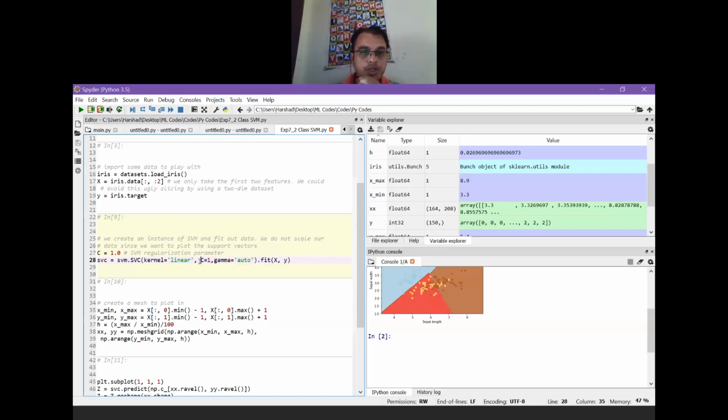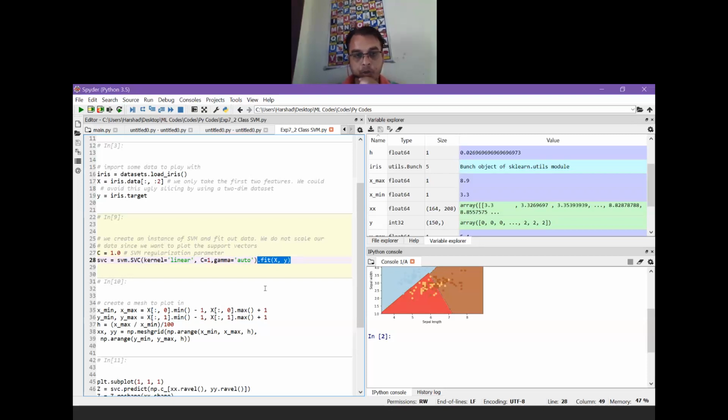So according to these two values, just map the particular function over here, and now once you have aligned it to support vector machine, SVM is equal to SVM dot SVC linear kernel gamma auto C is equal to 1, and now we are asking it to train the model.